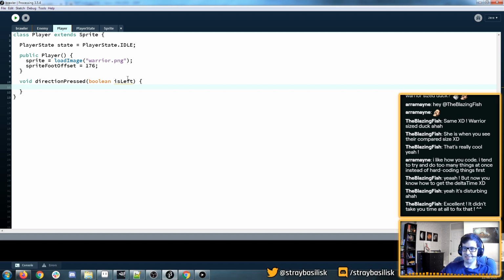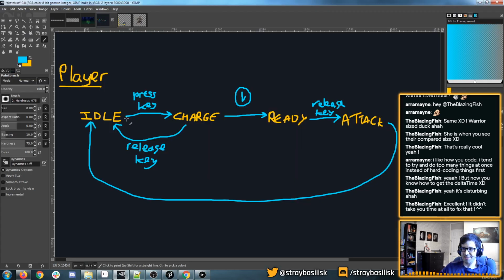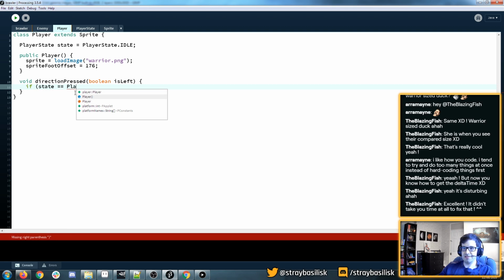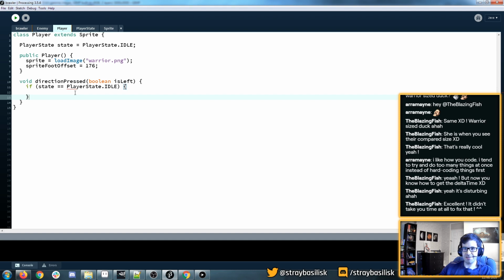So what do we do in a direction pressed? Well, it kind of depends what state we're in, right? If we're in the idle state, what we want to do is start charging up, but we should also make sure that we're flipped and facing the right way. I don't want the player to be able to flip back and face the other direction once they've started this whole charge ready attack thing. So I think what I'm going to do is say if, and only if we're in the idle state,